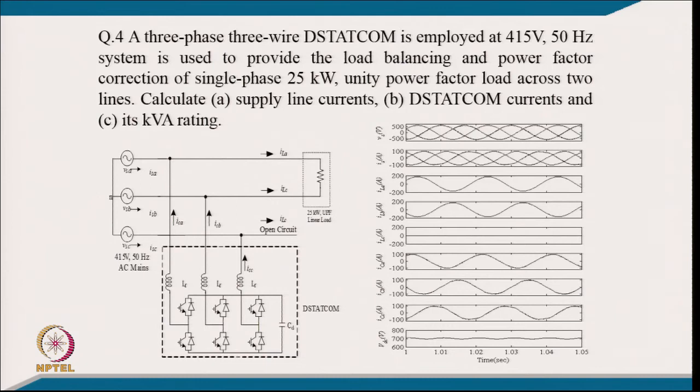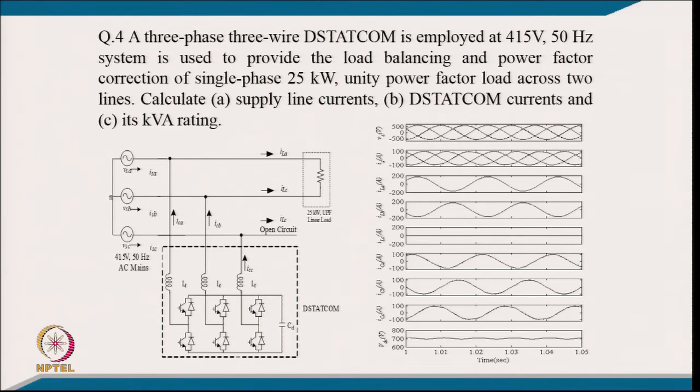Well, coming to another fourth example of DSTATCOM, a 3-phase 3-wire DSTATCOM is employed at 415 volt 50 hertz system to provide the load balancing and power factor correction of a single phase 25 kVA unity power factor load across the two lines. Calculate the line current, DSTATCOM current and kVA rating. This is how it is, a single phase load connected line to line and we have a DSTATCOM connected across this. So, DSTATCOM provides the load balancing and unity power factor on the grid side